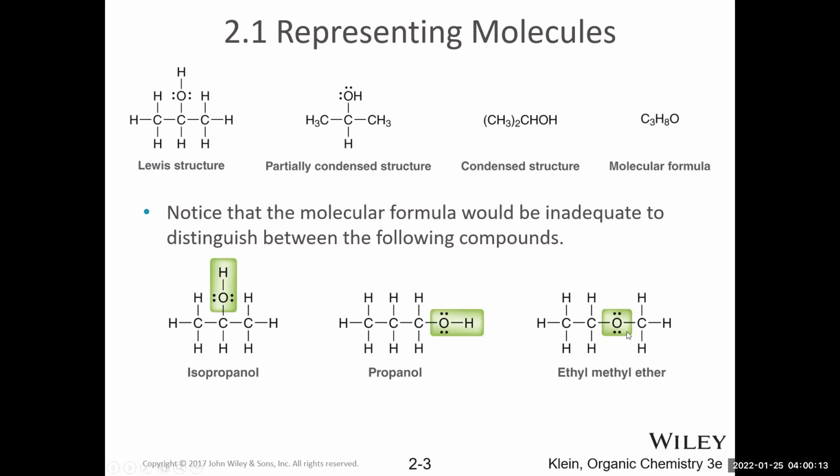Another way is to think about, well, what if I just take this oxygen? I know that it's going to have 2 lone pairs and make 2 bonds. What if I just, instead of having it at the end, insert it in between 2 carbons? That's also possible, and that's how you would get ethyl methyl ether. So these are different ways you can think about changing the way that things are bonded to make different constitutional isomers. You do want to be really careful, however, that you actually make a different compound.